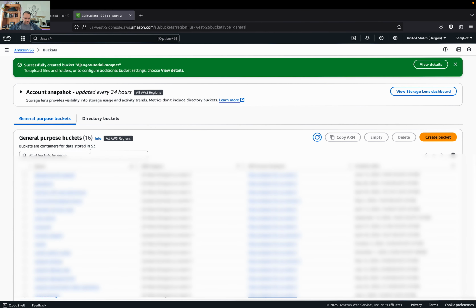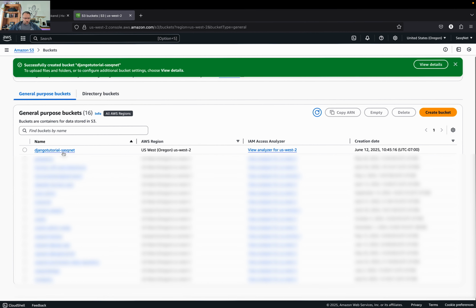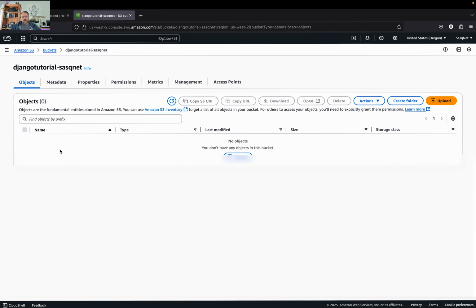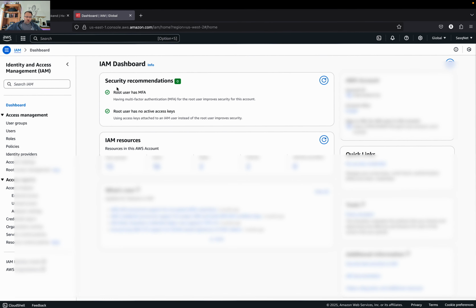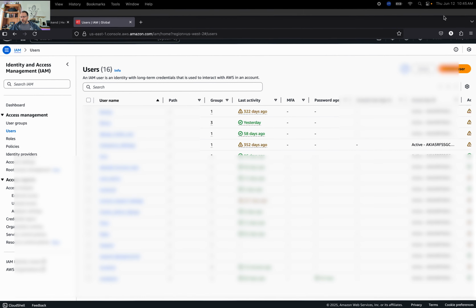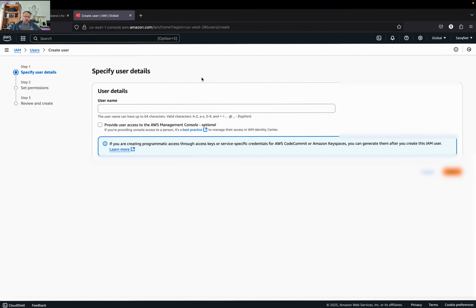Now we see that we have django-tutorial-sasknet, right? We click right here, and that's it. We see that the bucket has been created. So for now, that's all we need to do. The next thing is we need to create an IAM user. Again, in our service list, we'll select IAM, and now we'll click add user, right? So we'll create a new user, and this user we'll call